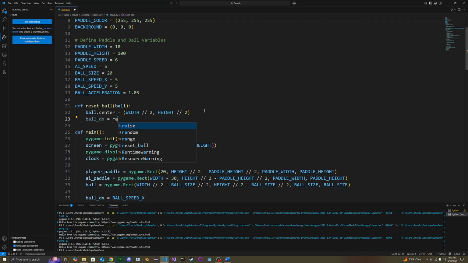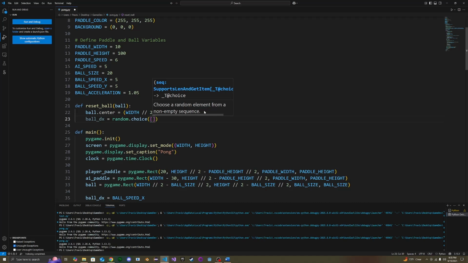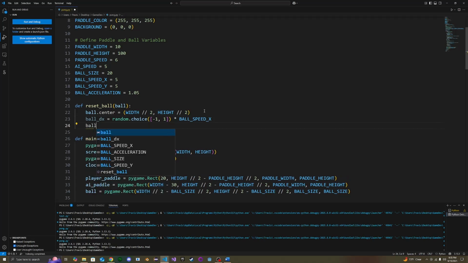And so ball dx equals random dot choice, and inside, parentheses and brackets, we're going to have -1, comma 1. So we're just telling it I want a -1 or a 1 value. And we're going to be multiplying it by our ball speed x,